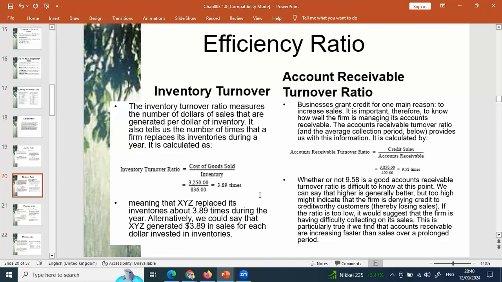Meaning, when you purchase product, those products are available only for 3 months. It means 3 months is the period, because the turnover is 4 times. So every 3 months it is finished. 3 months finish, 3 months finish, 3 months finish, 3 months finish. 4 turnover, 4 times turnover. Understand?